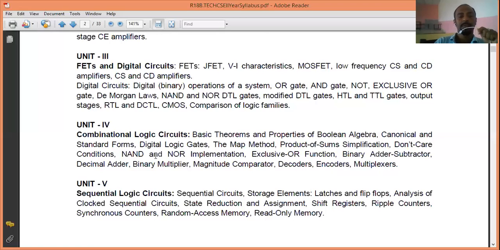Next, after using the combinational logic, we extend it to the sequential logic. Sequential logic means it has memory. You can store at least one bit of information. In combinational logic, you can't store information. When you put in a clock, it becomes a sequential circuit, so it follows some sequence. That is why we call it a sequential logic circuit, such as registers, counters, RAM, ROM. They all come under sequential logic.